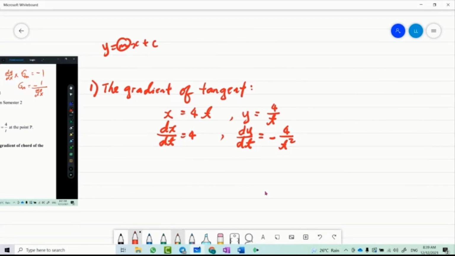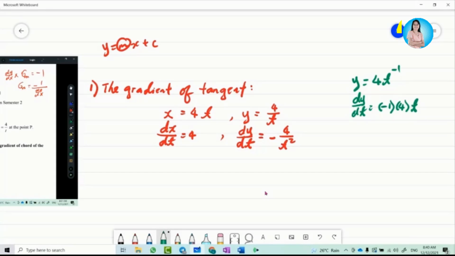You get this one. How do you get this? Before differentiating, you shift the t up, then you can differentiate this t. The -1 comes down, multiplied by 4, then t to the power of -1 minus 1, so 4t to the power of -2. The -2 goes back down below. Then you get this one. I think some of you have already forgotten.